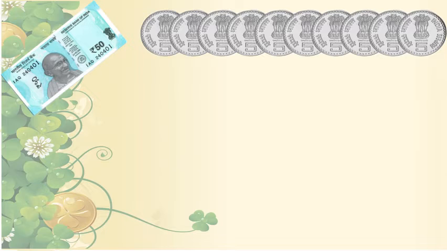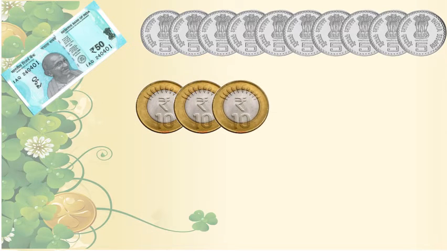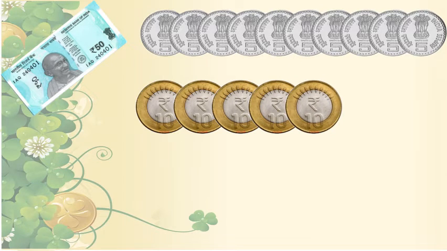Right? Now I need 10 rupee coins in exchange of a rupees 50 note. We will see how many coins I will get. 1 coin of 10 rupees, 2, 3, 4, 5. Yes, means 5 tens are 50, isn't it? Means I got 10 rupee coins. How many? 5 coins I got in exchange of a rupees 50 note.